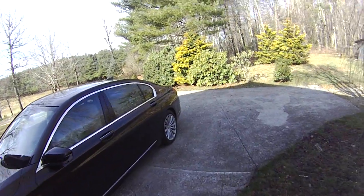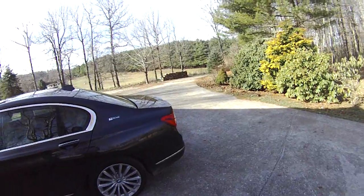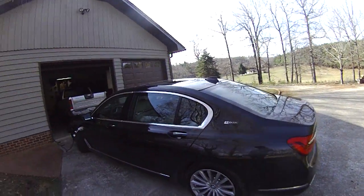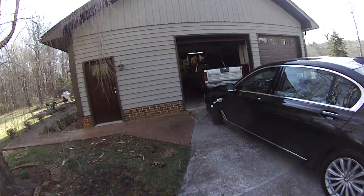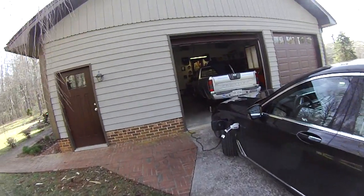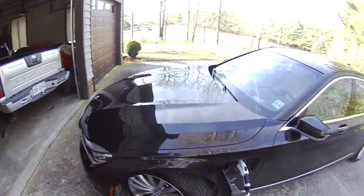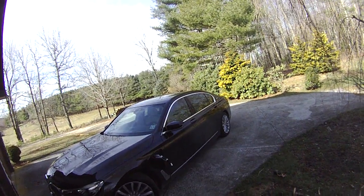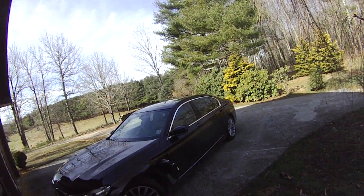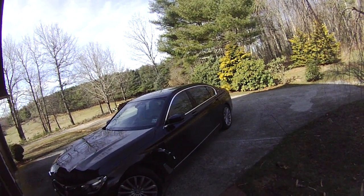This is a big car, and it's got the same basic gas engine that you would find in a much smaller car like the 3 Series, for example. But it's supplemented by the usual battery pack and electric motors, and you end up with about 326 horsepower, if I'm remembering it correctly. It's not quite as quick, and it costs a bit more than the non-hybrid base trim 740i, which still has